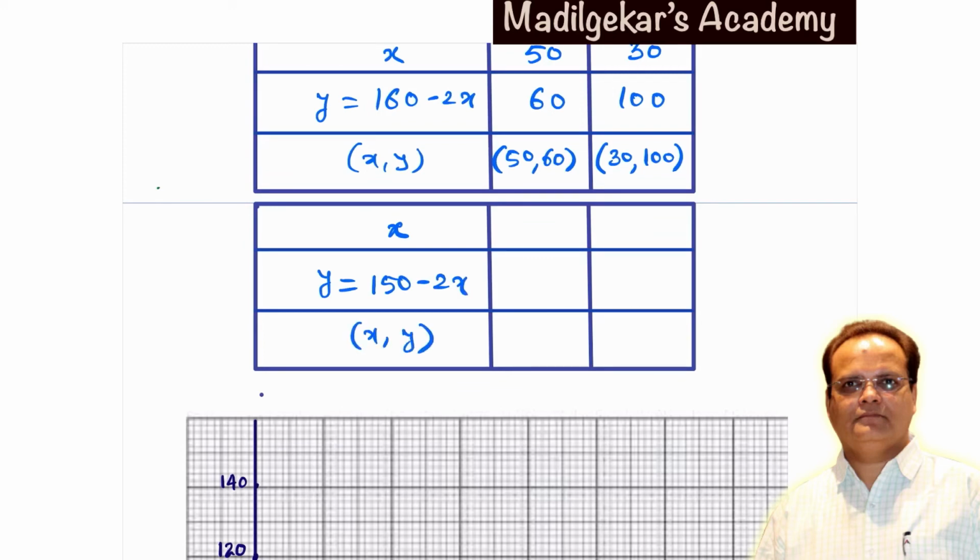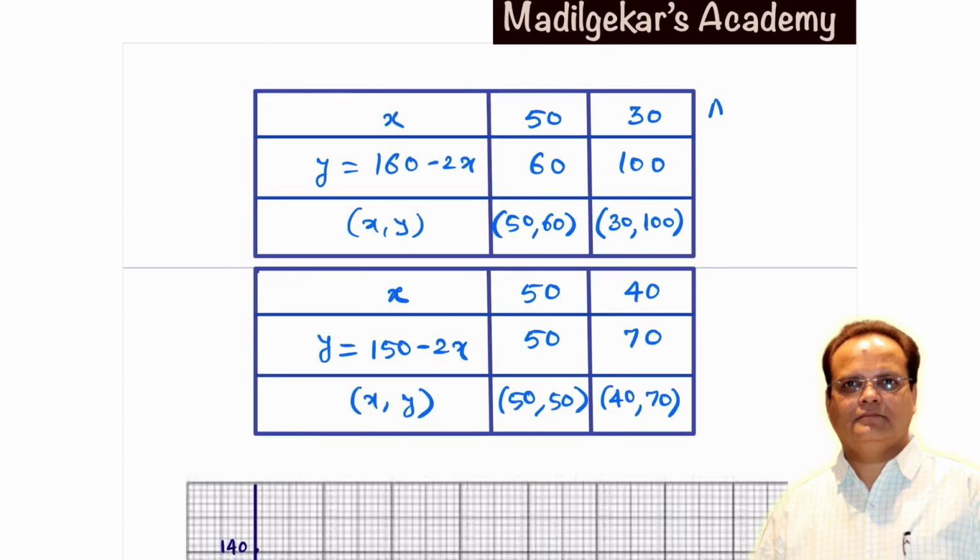Take x equals say 50. 150 minus 100 gives 50. So (50, 50). Now choose one more value of x, let us say 40. The corresponding y value will be 150 minus 80, that is 70. So we have (40, 70). So the points are A (50, 60), B (30, 100), C (50, 50),